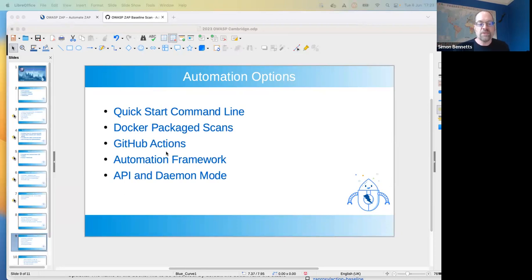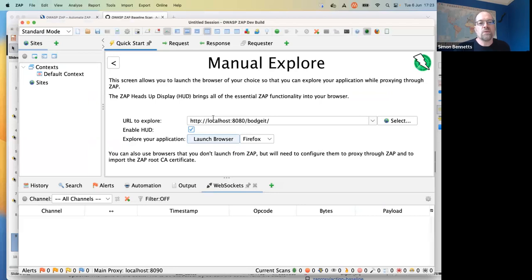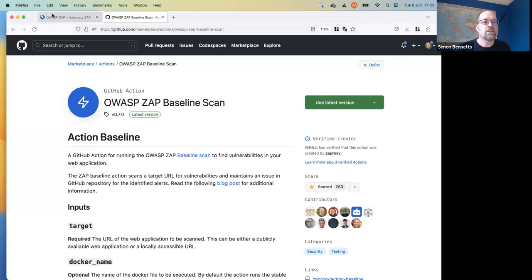Then there's the automation framework, which I'm going to go into in more detail, so I won't explain that right now. There's also the API and daemon mode. ZAP has a very powerful API. I will switch to the ZAP desktop now. Although it's got a desktop, it has this API. So let's go and